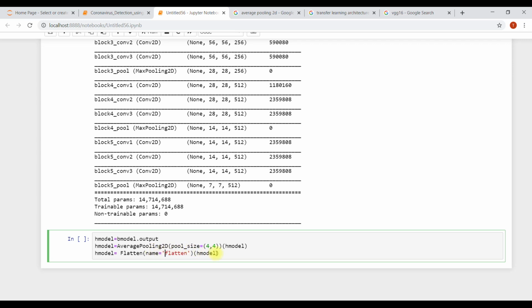Whatever the value is, we store it again in head model only.